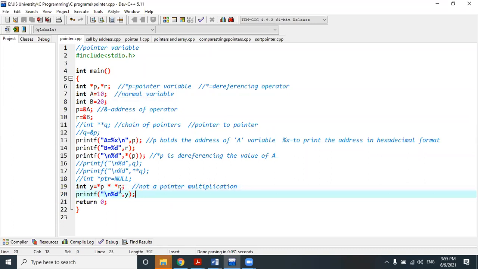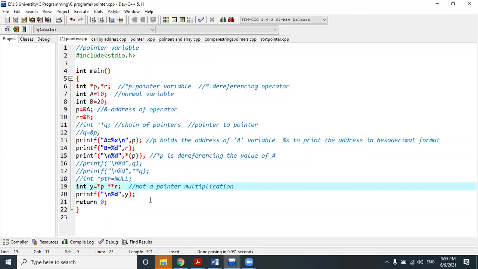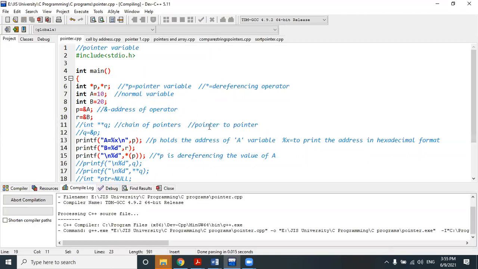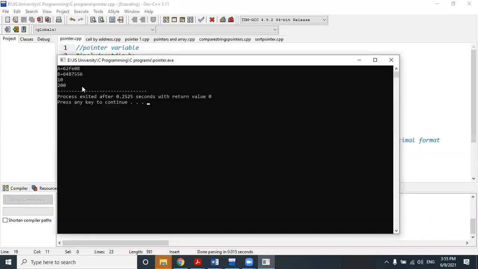And a blank space between these two stars is mandatory, because there is a lot of confusion: one star works like a pointer sign or asterisk, and the other star works like a multiplication sign. If you write it without the space, it is wrong and will give you an error or a wrong value.